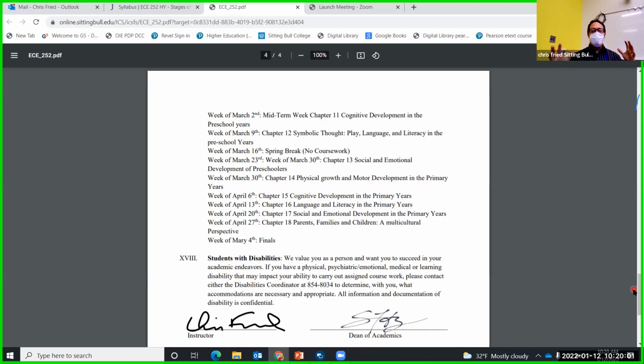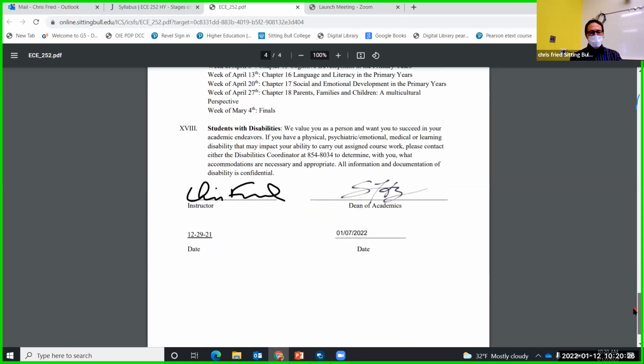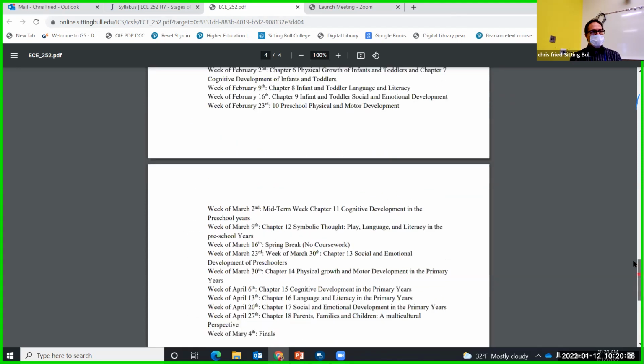He's got some paperwork for you to fill out, and then he can work with the instructors, helping them with resources or strategies depending on what the student's disability is. If you need to contact him, like I said, 854-8034 is his phone number. Shoot him an email, stop by and visit with him. And that is that.